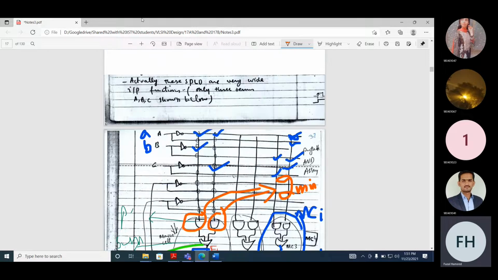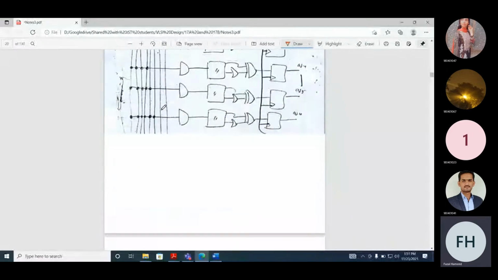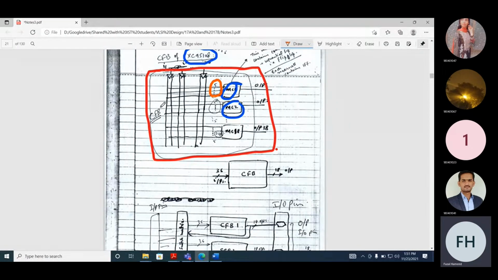Now if you look at the architecture of the CFB, it has 36 inputs. How many inputs? 36 inputs. So there is I1, I2, I3, I4 up to I36.